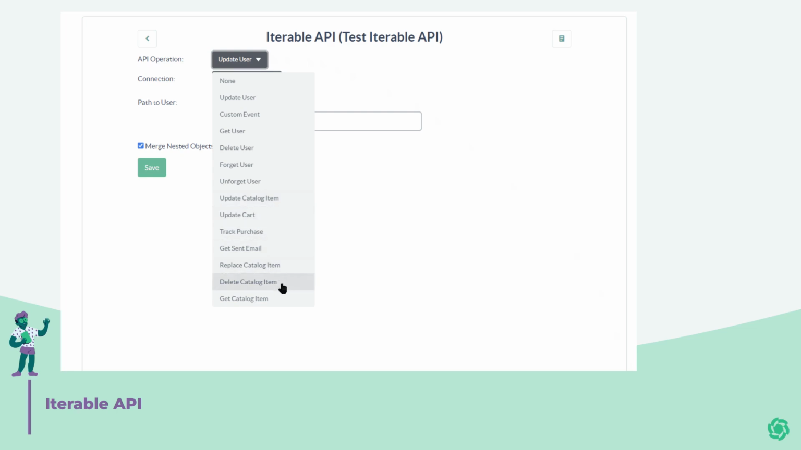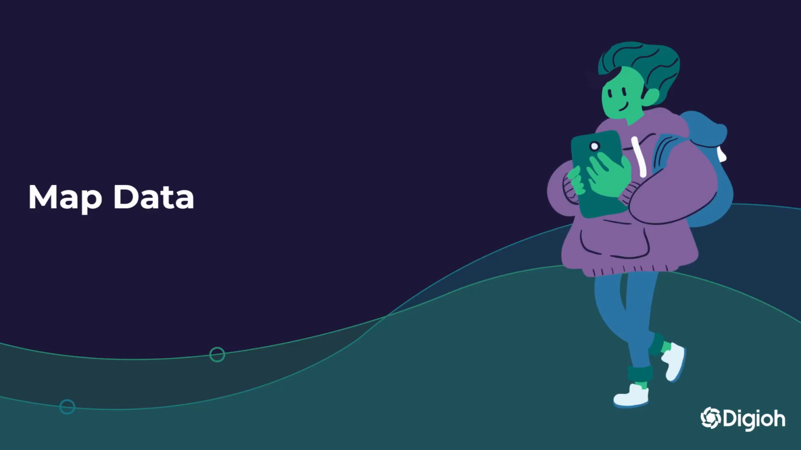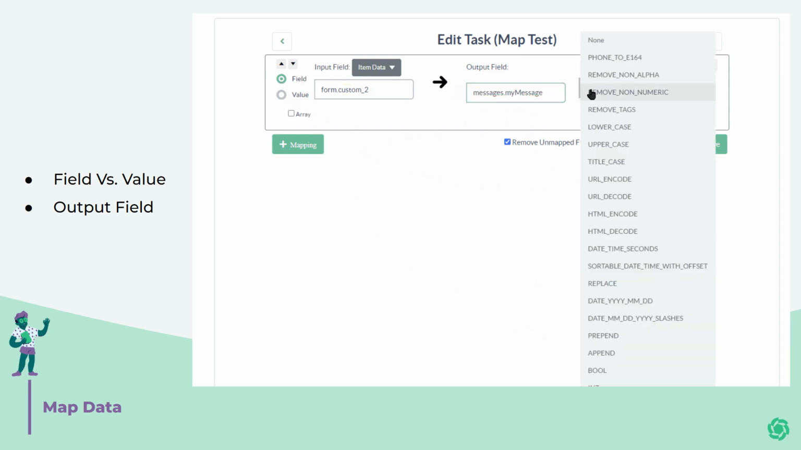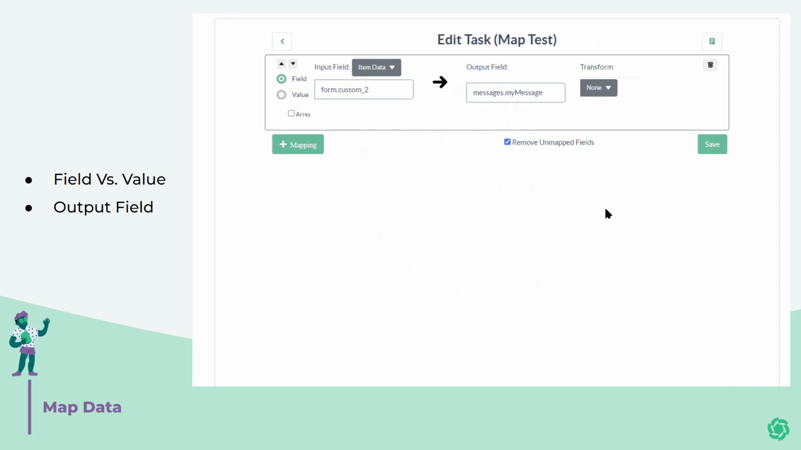So the next task we've mentioned briefly, but we'll get into it now. This is a map data task. So the map data task allows you to map fields from input data into different fields as output data. So it can also perform transforms on the data, which we will talk about in a specific transform task later on. You can use a field, so if it's a specific field like email, you can use a field here, or you can add a value if you are just setting static text for the input and